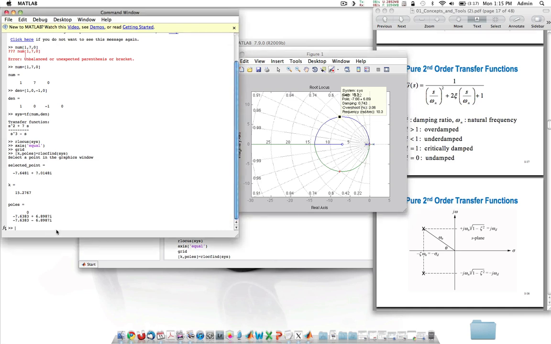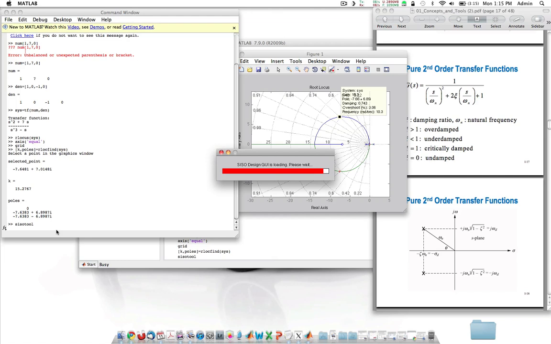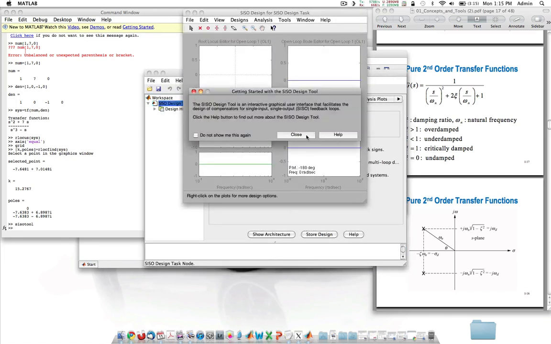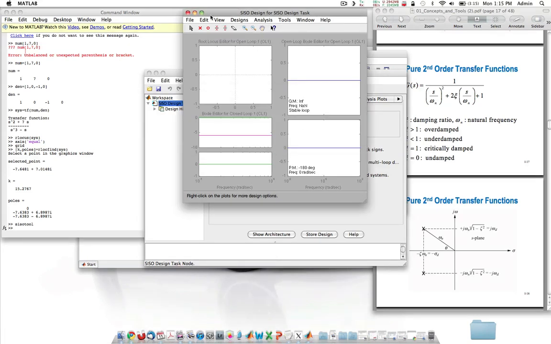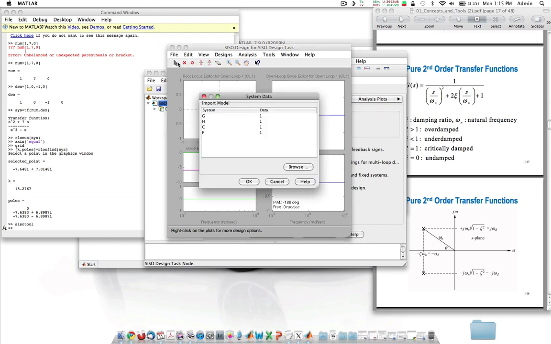Now I think it's important to note that we can also go a step further with this, and if we wanted to see, let's say, the Bode plot, we can also use system in, system out tool. That's SISO TOOL. It's also an important tool that we can use, and in evaluating like root locus and Bode plot, the frequencies. So I would have to import the data of the transfer function